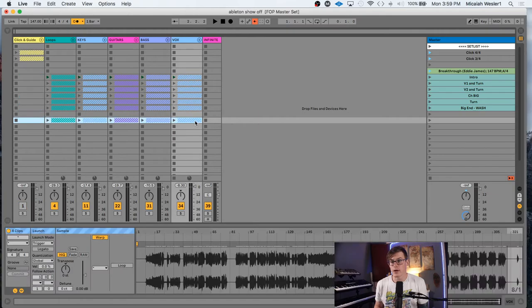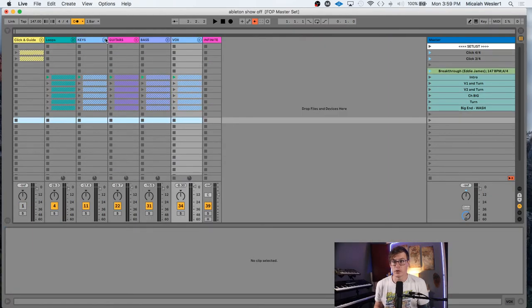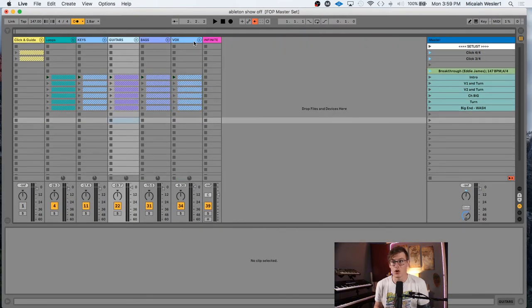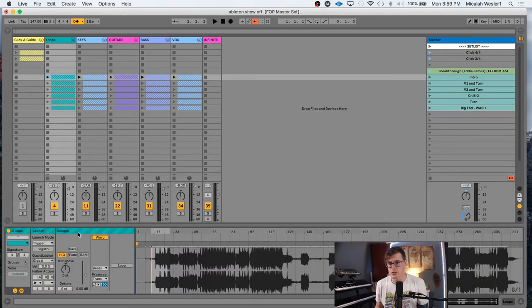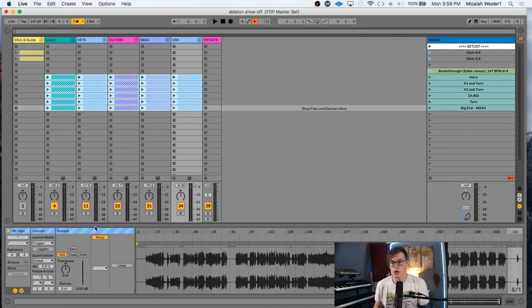So the way to get around that, again, open and shut every group that you have. Why do I have to do this? I don't know, but I found out that's what fixes it. So that's that. Trying to think of anything else that I've had problems with recently. I can't think of it. All of these, my quantization is set to global. And again, from here, at any point, you can click on all these,